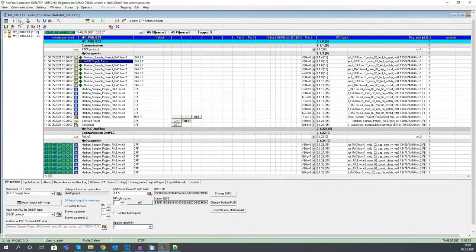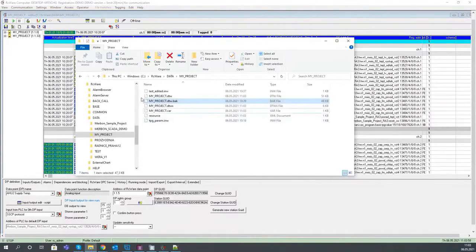I will stop the communication just to be on the safe side. Let's have a look back into the project folder. And this DTWX, the X is for index. So this means that there is an index file which is generated automatically at the program start. If there's an inconsistency between the main project table and this index file, the references for the data points may be corrupted. So in this case, it's good just to shut down the RcWare, delete this project,